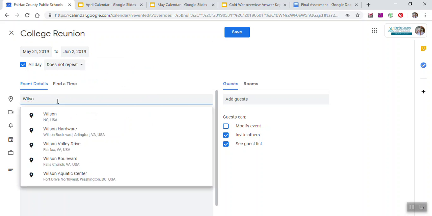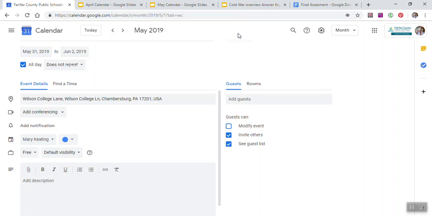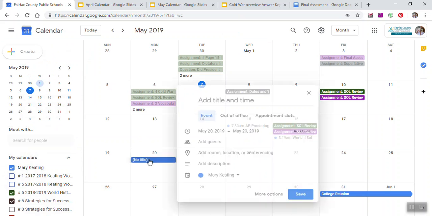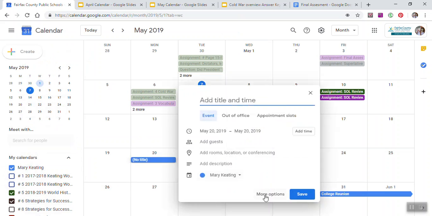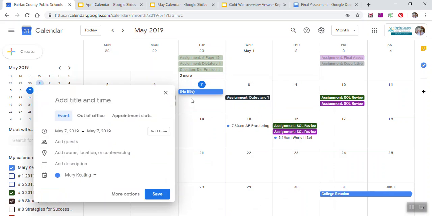It's going to be all weekend. Wilson College, Chambersburg, Pennsylvania. I'm going to save it, and then you see it will go across. So when you have things that are happening over more than one day,